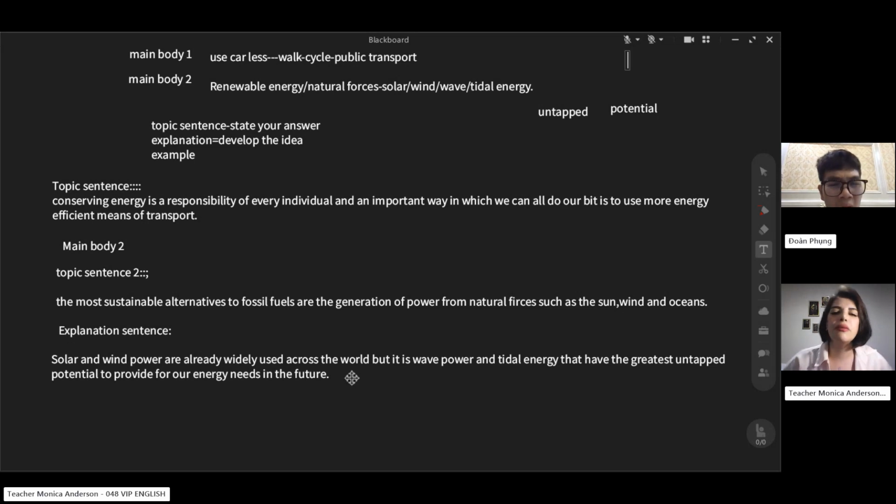Teacher, can you write one example for me? For main body two, you want me to? Yes. Okay, of course, just let me think about it. Yeah, of course, I can write something like,